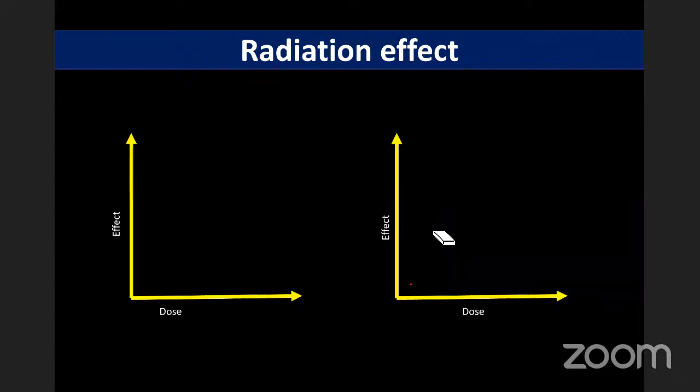The severity, mutation is like an all or none phenomenon. It happens or it does not happen. I have got one rad of exposure, you have got one rad of exposure. For you it might mutate, for me it may not mutate. Its probability might increase. If I get 10 rad, the chances of me getting it might increase, but it is an all or none phenomenon. So whenever we have things like cancer, does the severity increase, or is it all or none? Will it become more severe cancer or less severe cancer?